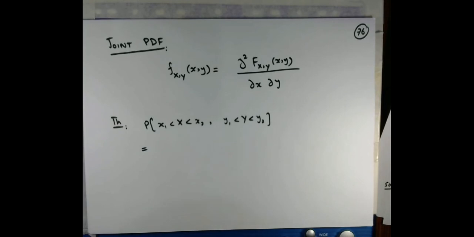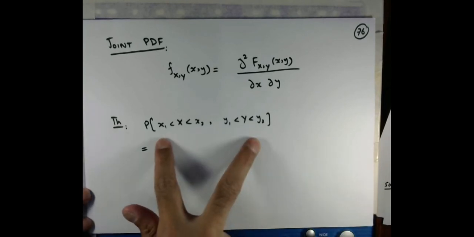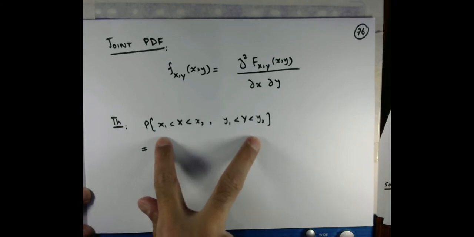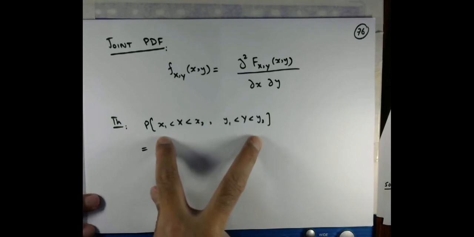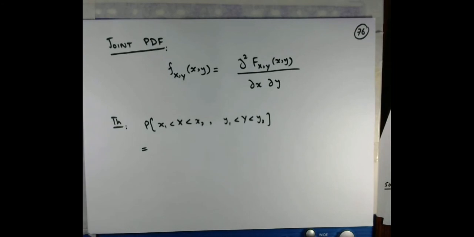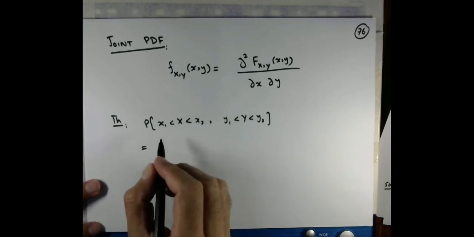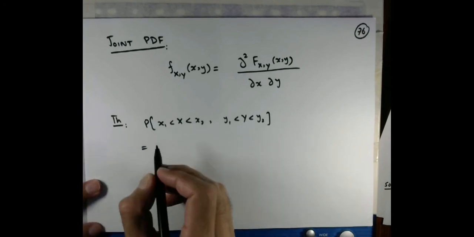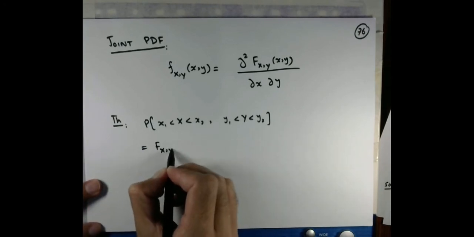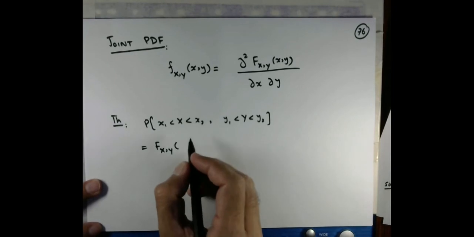So my recommendation is, if you have to find the probabilities in such rectangular areas, try not to use the expressions for CDF, because you have to involve 4 CDFs at all the corners of that rectangle, and that means to find this particular probability, if you want to utilize the expression for CDF,